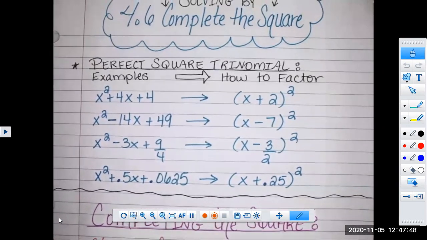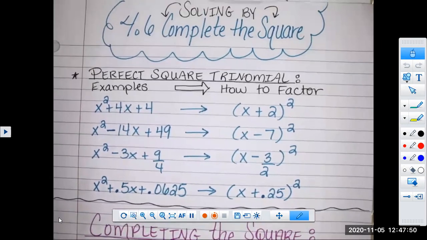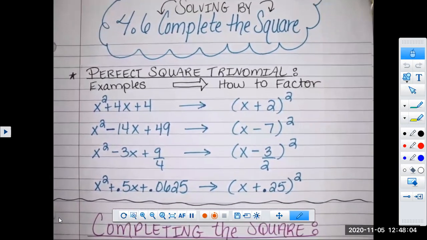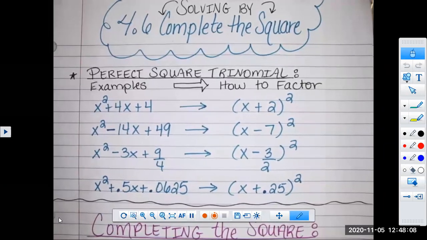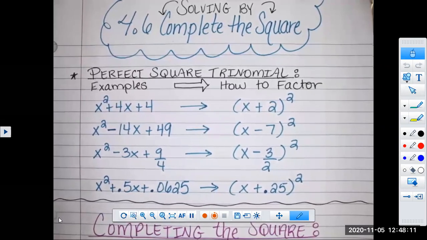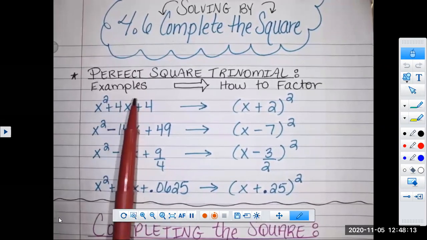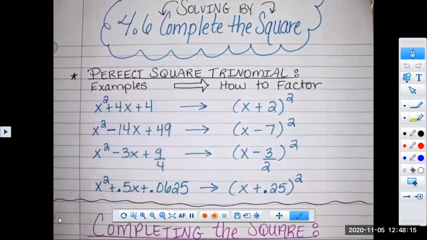So we're solving quadratic equations today by doing what's called completing the square. Have you guys ever heard of that before? Completing the square. Okay, maybe it sounds familiar. Maybe when we start doing some, it will be familiar to you. This method is applied when you have what's called perfect square trinomials. And what a perfect square trinomial is,